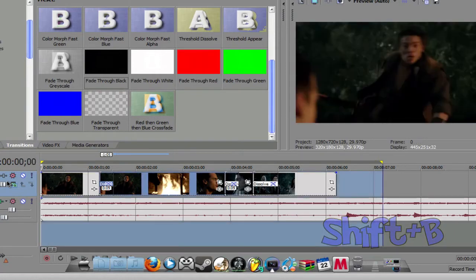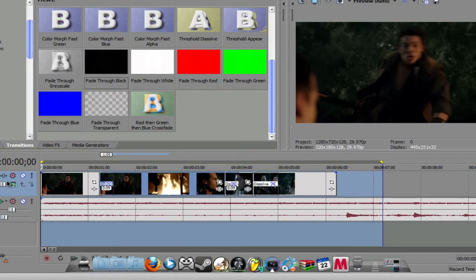It's kind of like what Final Cut is. Every time you do an edit change, you're gonna have to render. Here, every time you do an edit change and you want to see it in real time, you're gonna have to press Shift B, and it'll let you see it in real time. If you don't do Shift B, it'll lag a lot. And that's pretty much what it'll do in Final Cut. Like if you try to do the unlimited